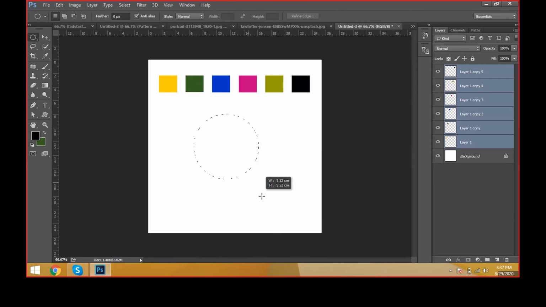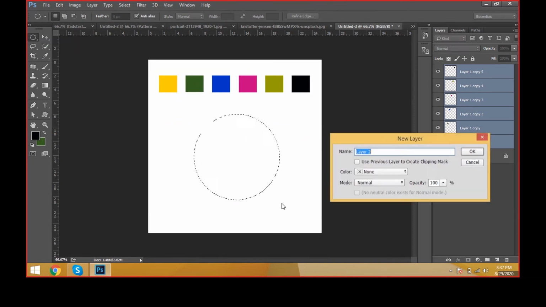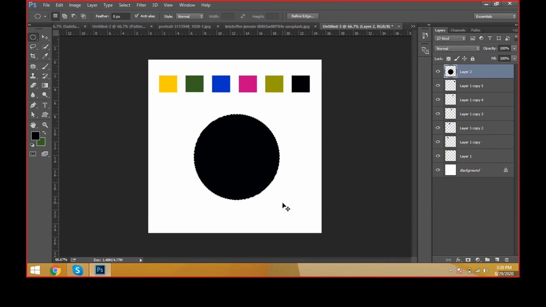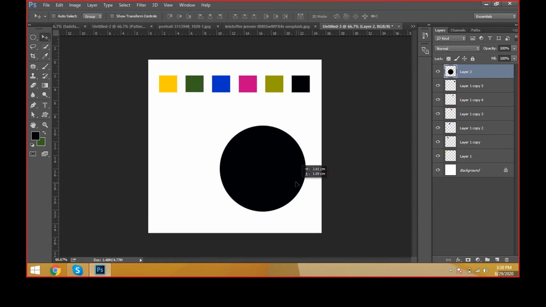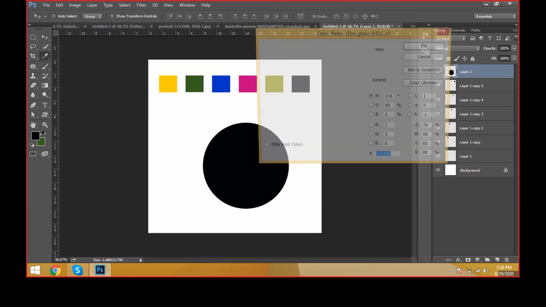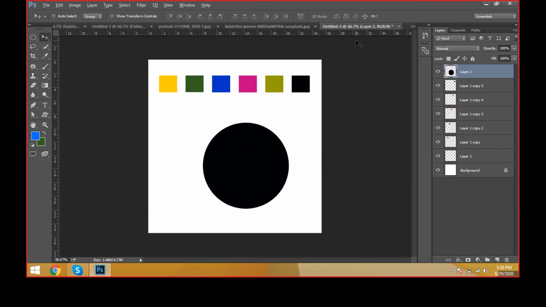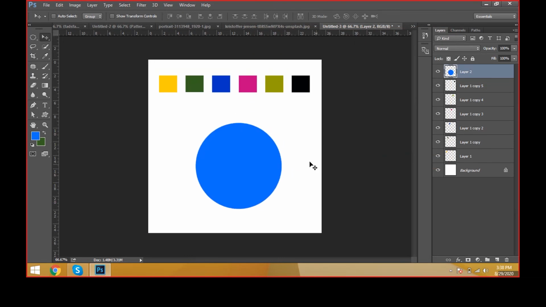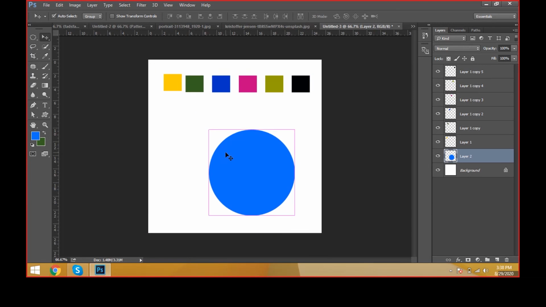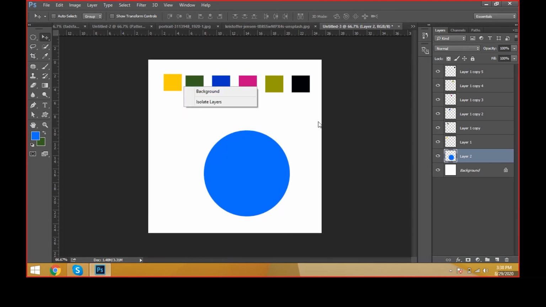I've just taken one circle, taking a new layer, and this is a circle. Okay, and I'm just selecting one circle, the color is blue. I'm just filling this color, and I would like to keep this yellow color object at the circle center. Sir, how is it possible, sir? Okay, you can select this layer and just keep it like this.